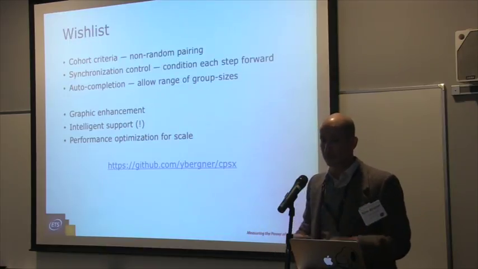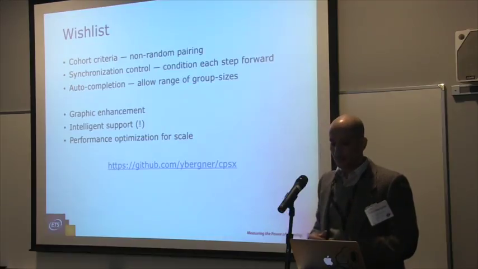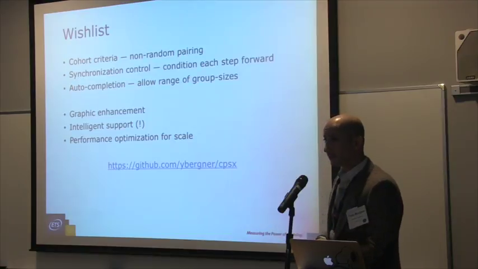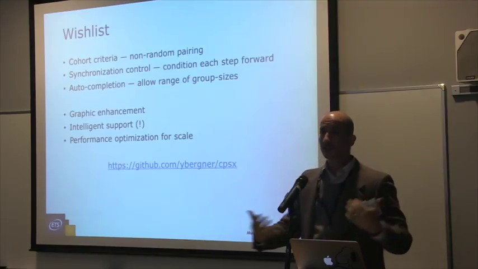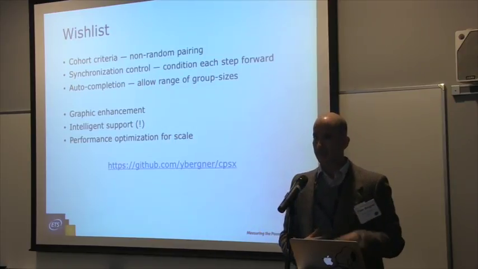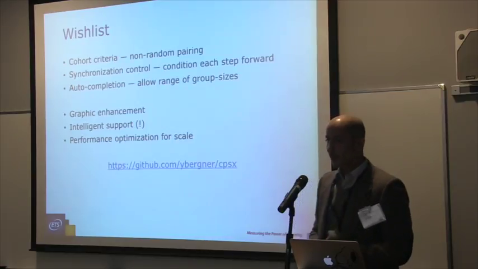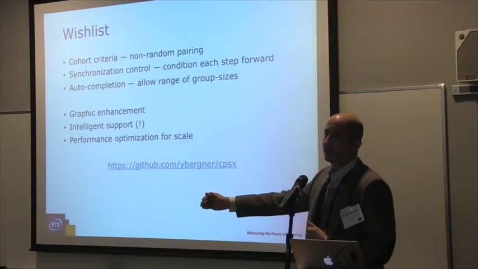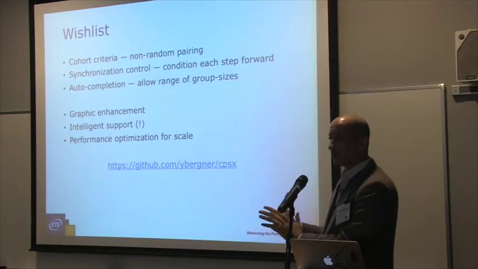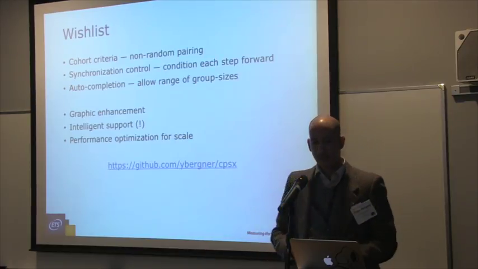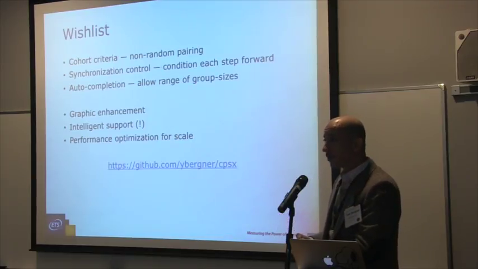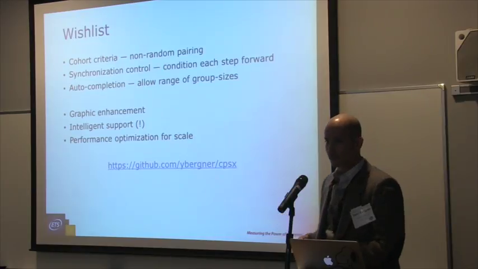So if that's something you're interested in, here are some of the ways in which we would improve it. Right now, it pairs you essentially randomly, conditional on availability, on a first come, first served basis. But you would like to be able to say, we're searching for a certain homogeneity or heterogeneity of the people in our pairs, so we want to condition on other aspects that we have in that student's database. We might want to stop a student from going ahead through a sequence of everybody else, and right now we don't control that synchronization. They have to negotiate that they move together at the same time. We might also, if you wanted to allow a range of group sizes rather than wait until you have exactly 4, say, okay, if nobody shows up, then allow 2 or 3.